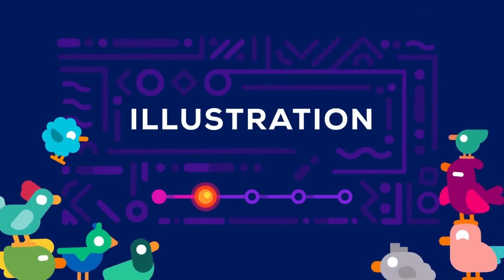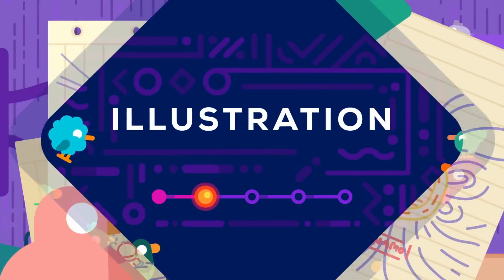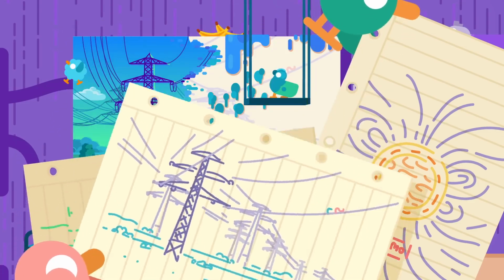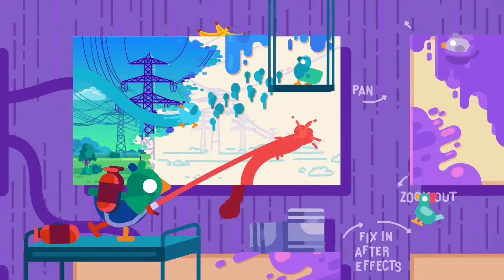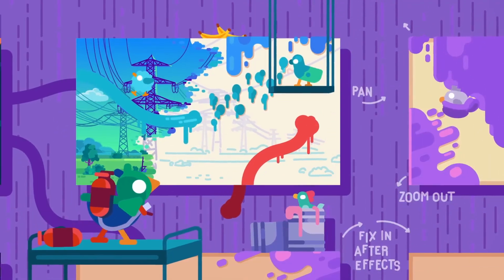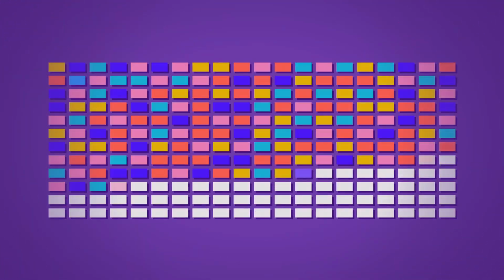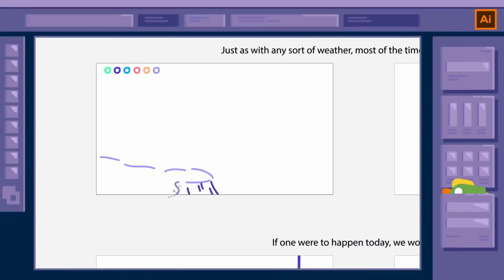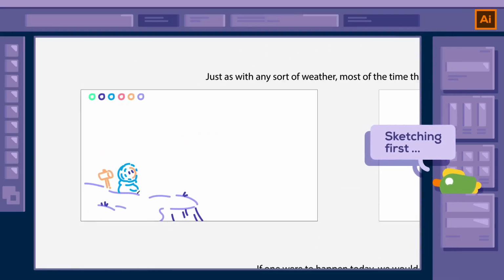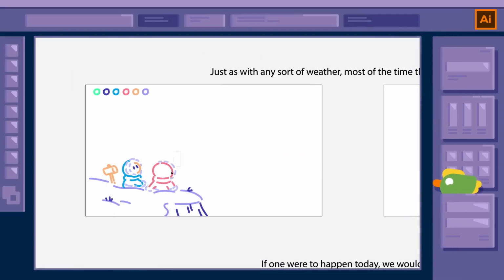Let's visualize. Illustration. When the script is ready, we begin sketching out the video. We try to think of visual metaphors, transitions between ideas, and decide which scenes need the most attention. On average, 200 panels need to be illustrated in Adobe Illustrator. Although we have built up an illustration library, we still do most illustrations from scratch to give our videos a